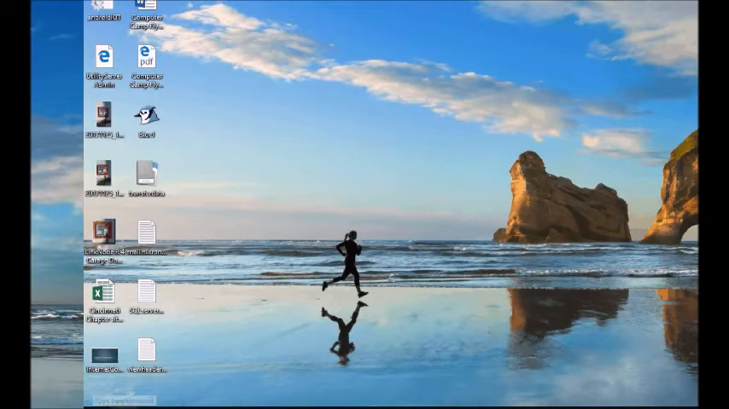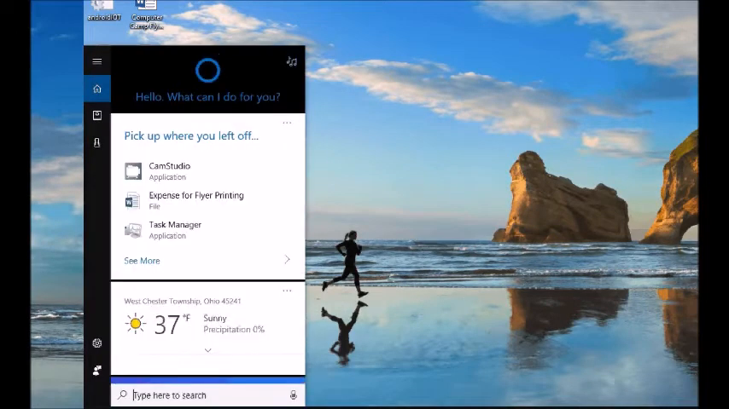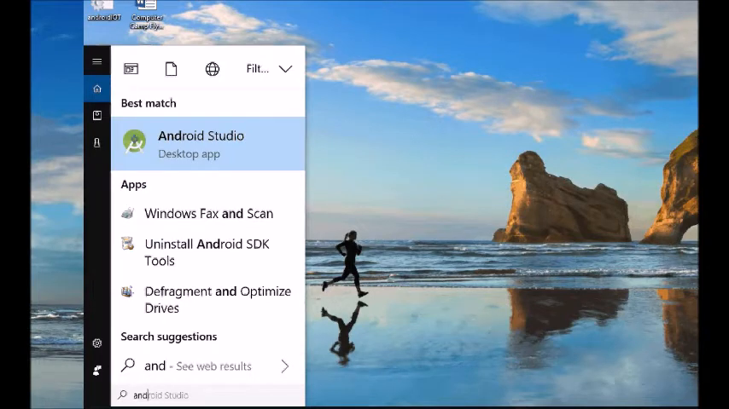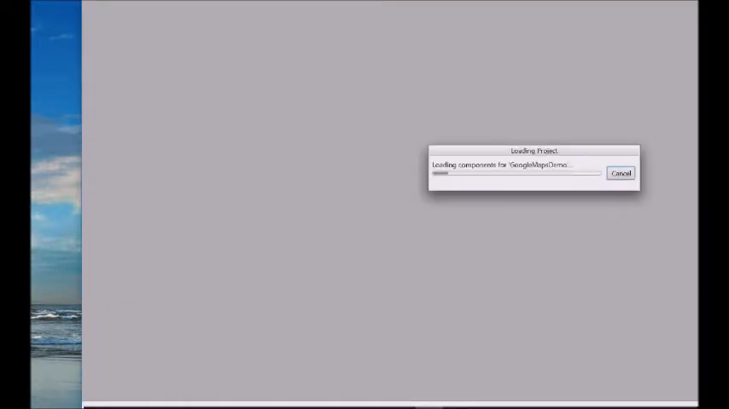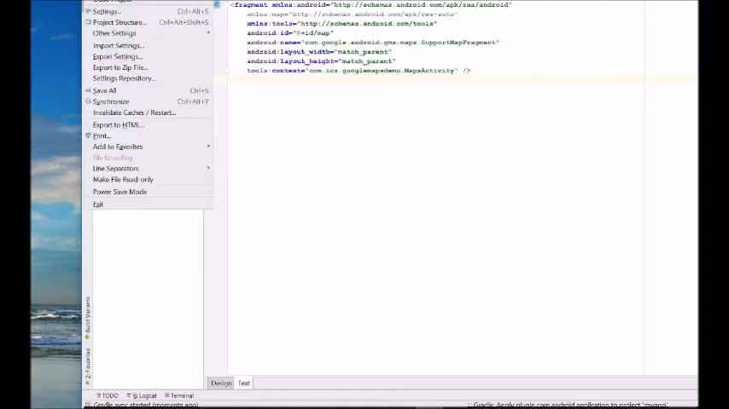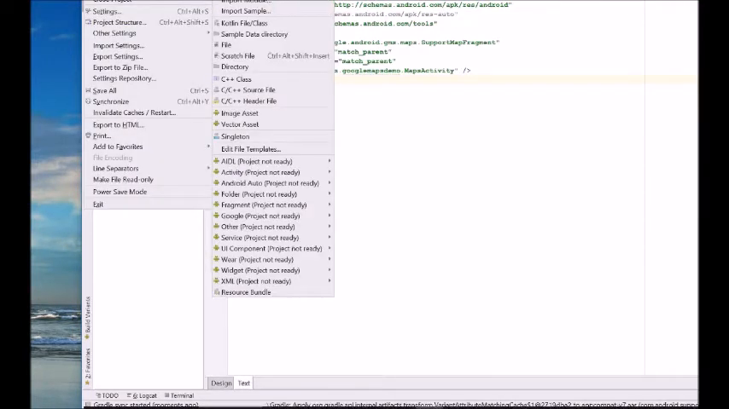Okay, I'm going to open up Android Studio. It's stable now, this version is. And you can see it coming up. New project. And I'm going to call it